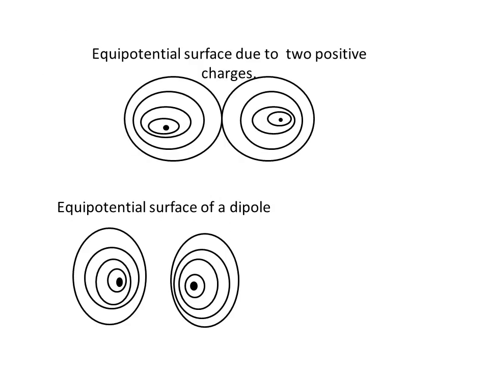Now let us consider the case of two positive charges. Concentric spheres around the charges are equipotential surfaces, but when they are placed near each other, they repel. So we can see that in the figure, the equipotential surfaces move away from each other. So they are not concentric like before. The second case, let us consider a dipole. Dipole means a positive and negative charge. They attract each other. So the equipotential surfaces of these two charges, as we can see in figure, come close to each other.